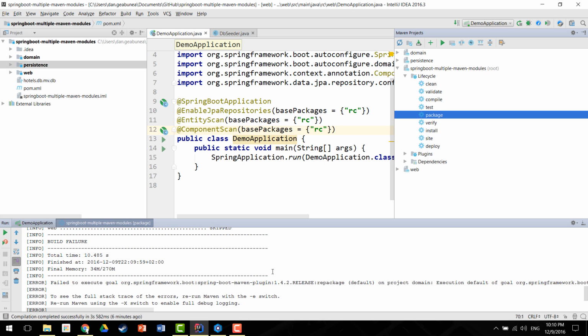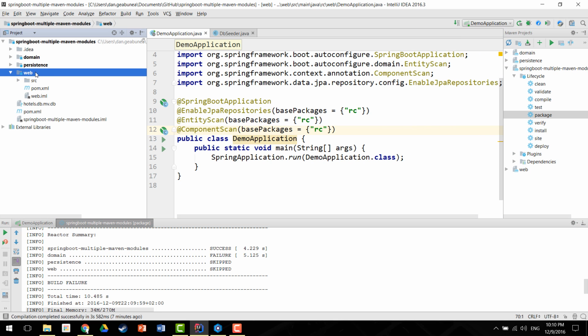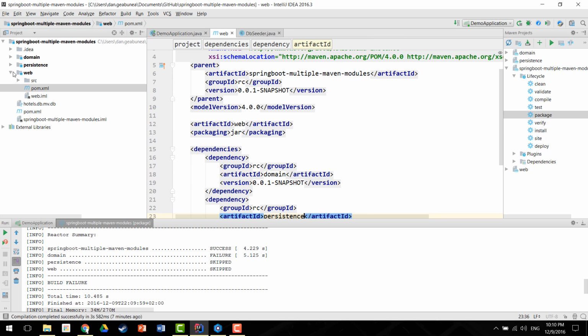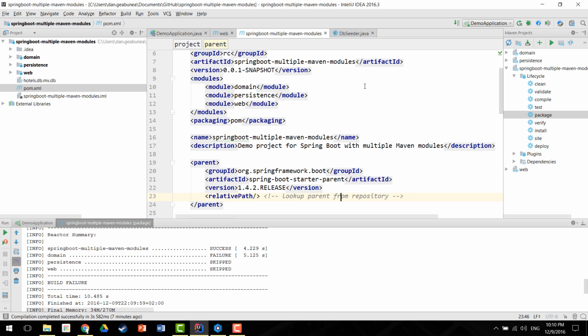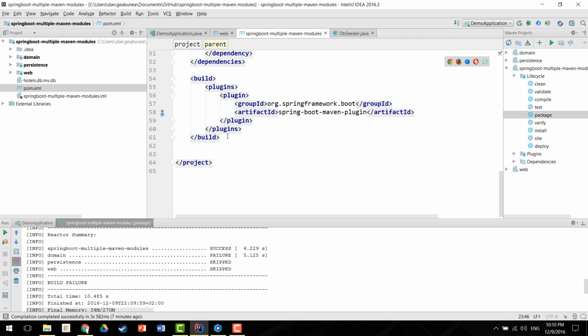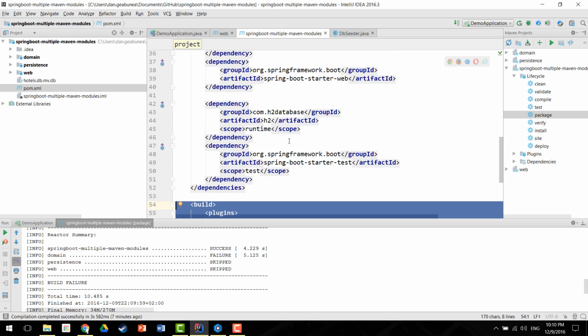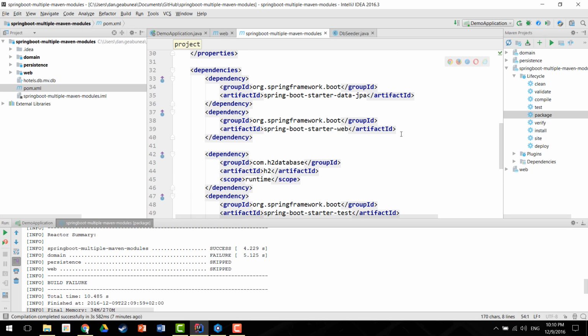And we get an error. So obviously we couldn't generate the jar file that we can then execute via the command line, for example. It works in the IDE, it doesn't work with Spring. And to fix it, there is one last thing that has to be done. You remember that we have a root pom.xml file, and we have a Maven plugin that is in the root pom file, and we also have the Spring Boot starter web that is also in the root pom file, and we need to move these two